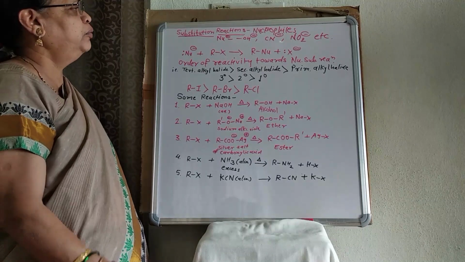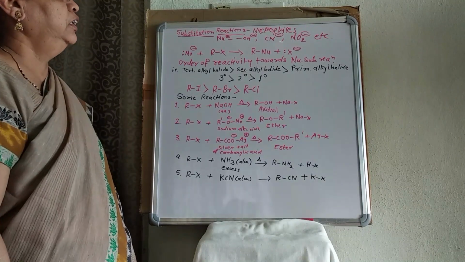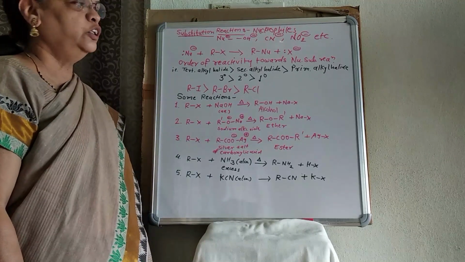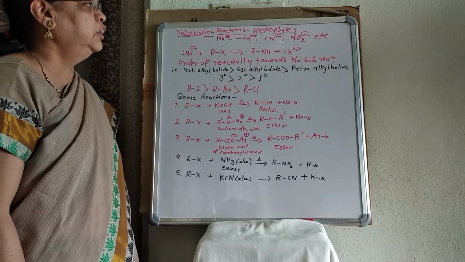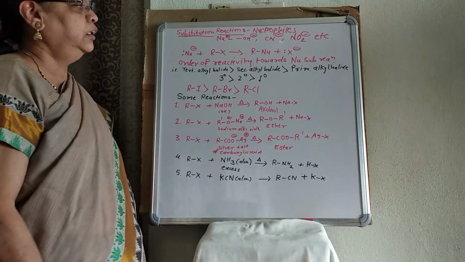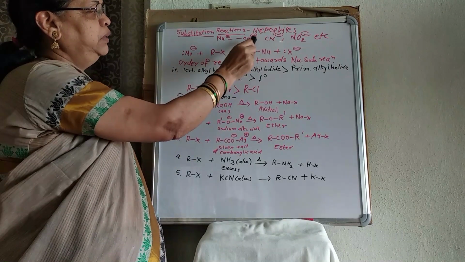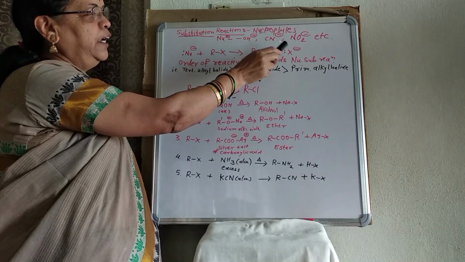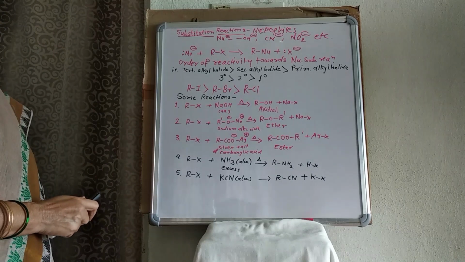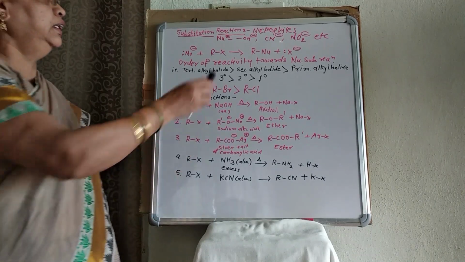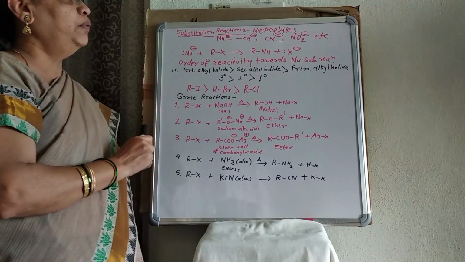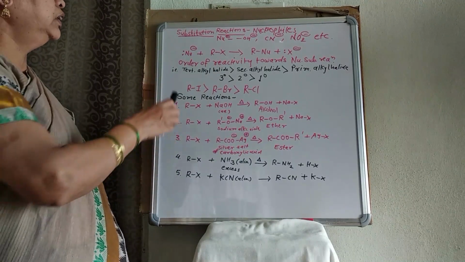Students, we are studying substitution reactions, particularly nucleophilic substitution reactions in the case of alkyl halides. Which are the nucleophiles? The electron-rich species like OH minus, meaning hydroxide ion, cyanide ion, NO2 minus, and so on, which already carry a negative charge and an electron pair. Such reagents are called nucleophilic reagents. When a reaction is carried out by these reagents, such a reaction is a nucleophilic substitution reaction.